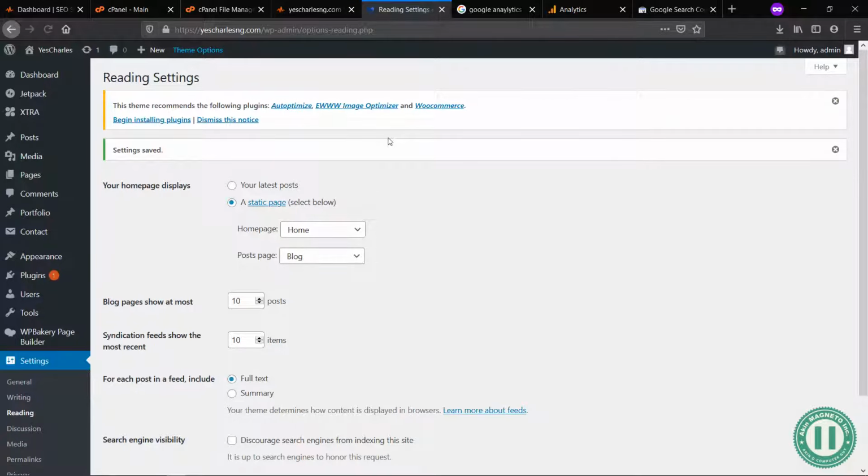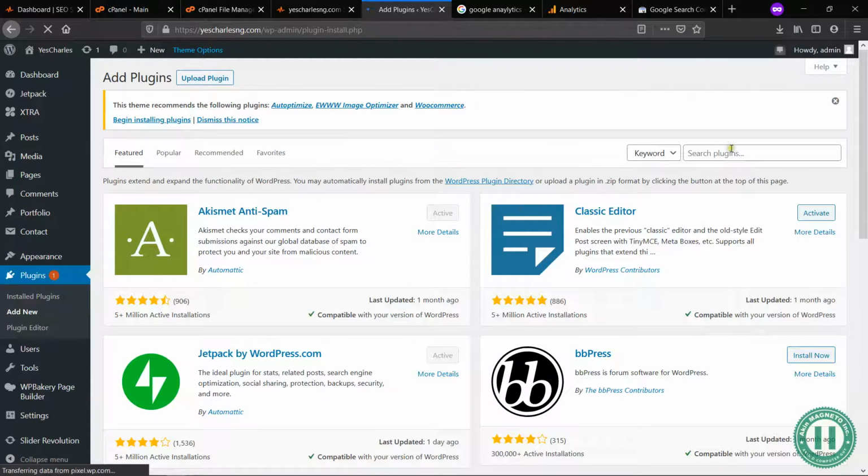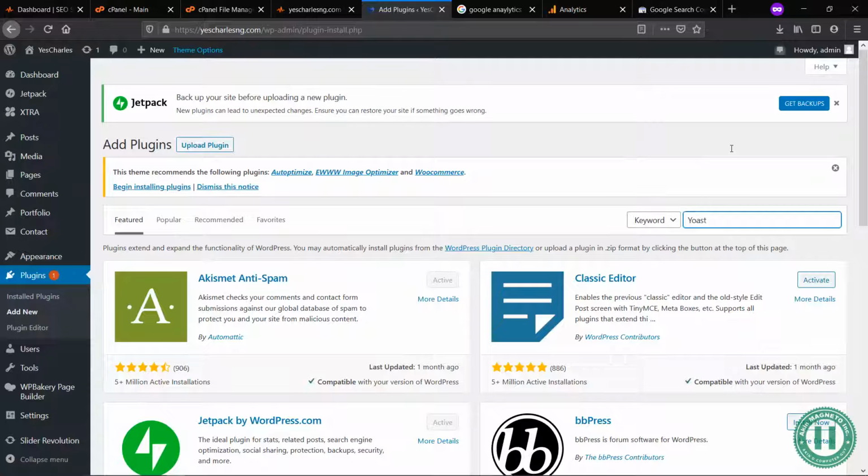Okay, now the next thing which we need to do without wasting much of our time is first to install a plugin. The name of the plugin is called Yoast SEO. Now, whenever you want to install a plugin, it's quite simple. What you need to do, come to the plugin directory here, click on add new. Now the plugin which we're going to be installing is just a very light one. So what you need to do, just type Yoast here,